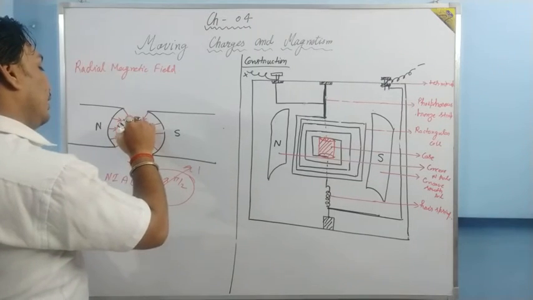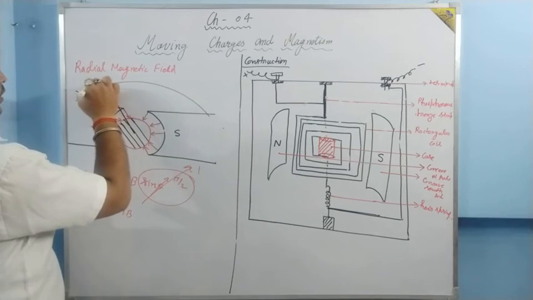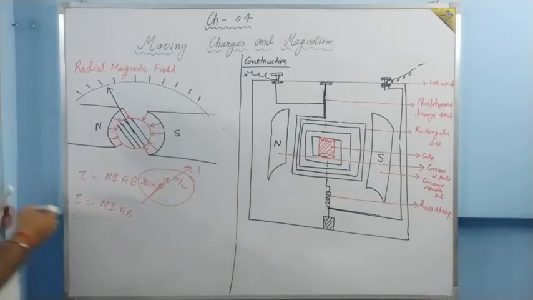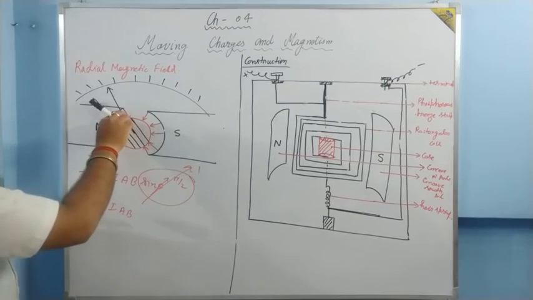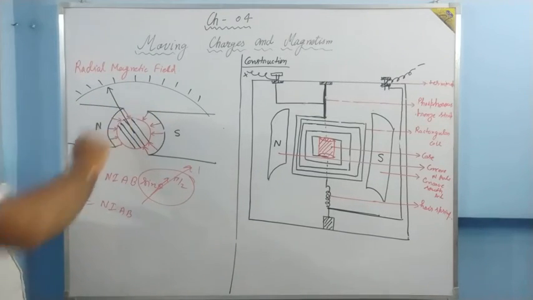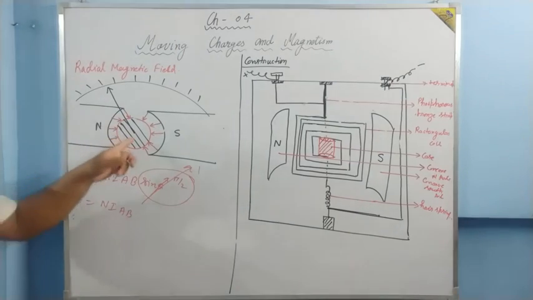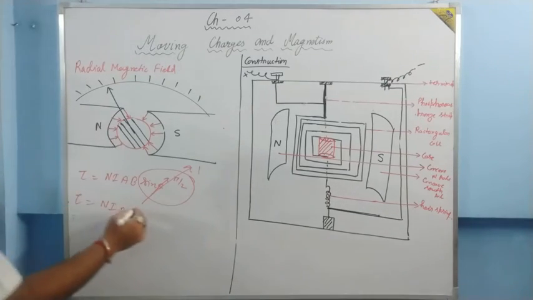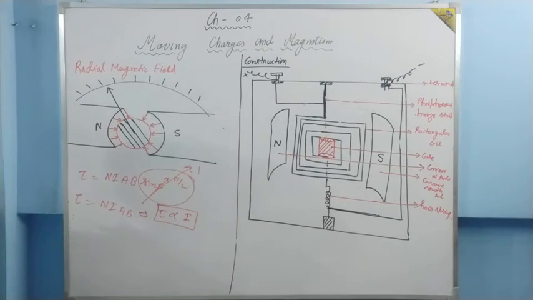Now one more thing which I have not shown in that diagram. One needle is connected to this core, to measure by what amount the core rotates. If the core rotates, the needle rotates with it. If it rotates by a greater angle, the needle shows the greater angle. So whatever be the current in the circuit, the torque depends on that current. Torque is proportional to I, which is the principle of the moving coil galvanometer.